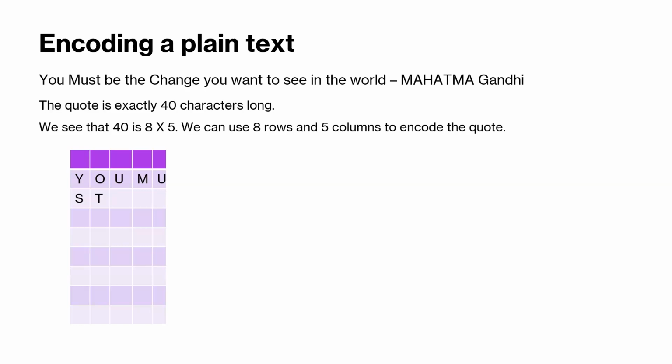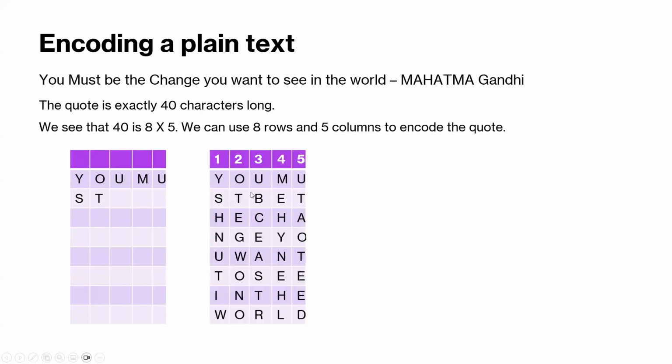along the rows, right? So we start saying the first word here, you must, and we keep going this way to complete the whole plain text, right? To write the whole plain text. So this is how the plain text has been written. You must be the change. So you is here, must is here, right? So we write it completely, and then